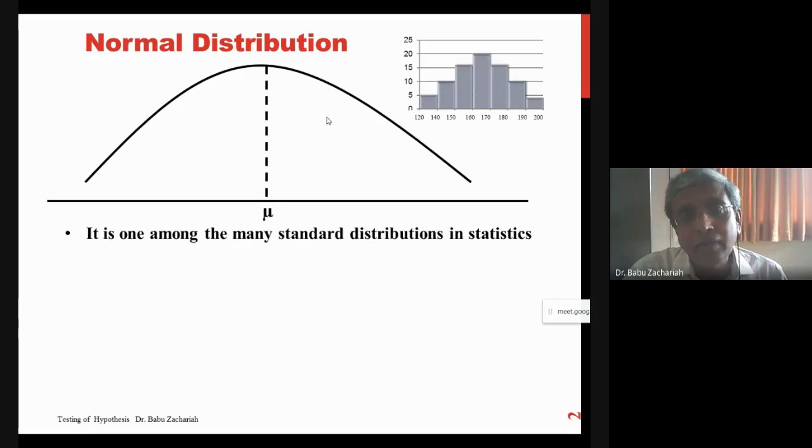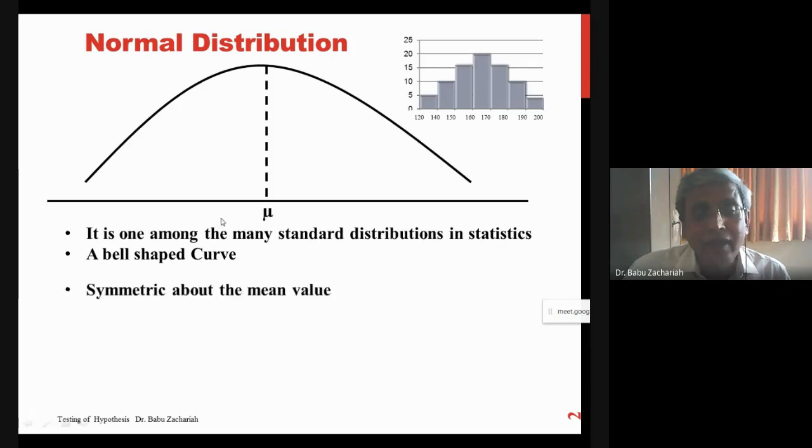Say, for example, age at death. Infant mortality rate may be high, so the curve decreases afterwards. As our age increases, the mortality rate goes up. So it takes a different shape. So this is just one among the many distributions in statistics. Second thing you have to understand, it follows a bell shape, and it is centered at the